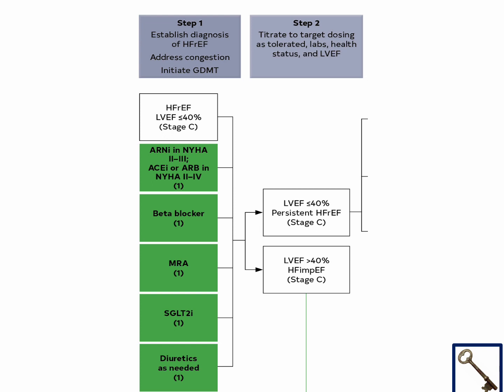For step 1, they look at everybody gets a neprilysin inhibitor, ARB, or an ACE or an ARB. Everybody gets a beta blocker. Everybody gets a spironolactone. Everybody gets an SGLT2. Everybody gets diuretics if they need them. What you're doing is you're layering these on